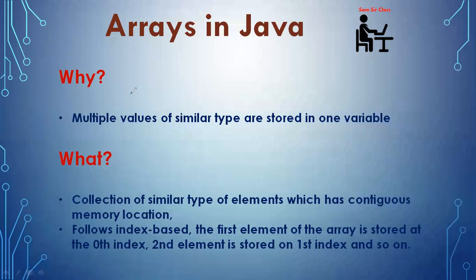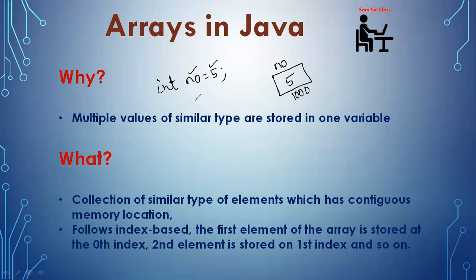When we declare a variable, we can store a value. So in the background what will happen, as per the size of the data type, one block will be allocated, a name will be given, a memory location will be given, and the value will be stored inside that. So through this, our first objective is fulfilled, that I can store a value inside a variable.